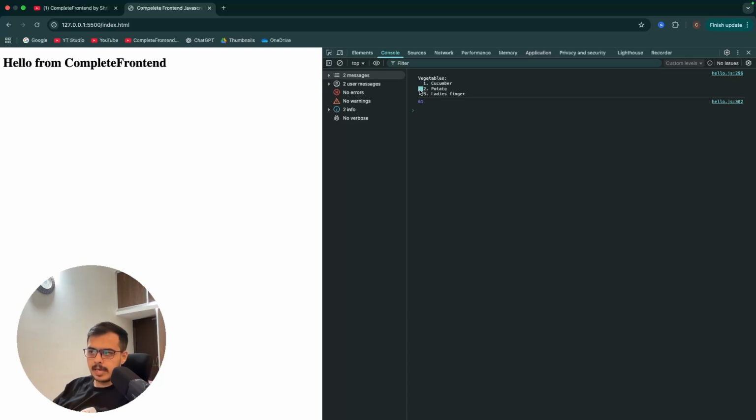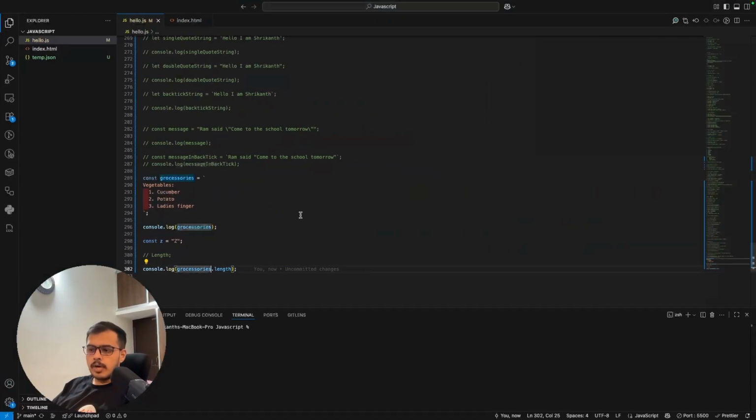This is also a character. This is also a character. This is also a character, and so on. That is how JavaScript will read it. Okay. Now, what if I want to